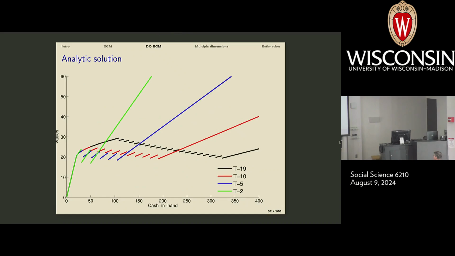The solution looks like this. And again, this is really handy because you can check your code against the analytical solution. We're looking at three or four exemplar optimal policy rules. They are parameterized as the number of time periods before the terminal period. If we look at the one closest to the terminal period, this green one,